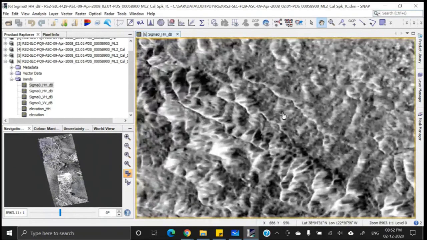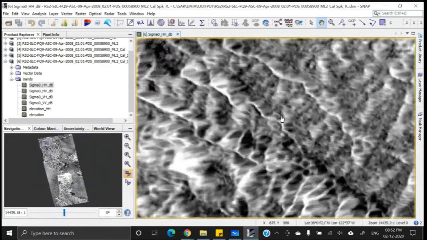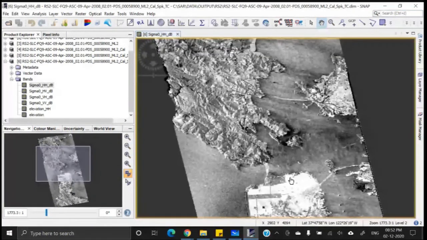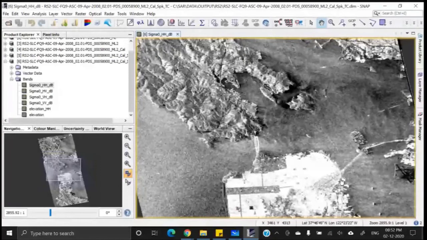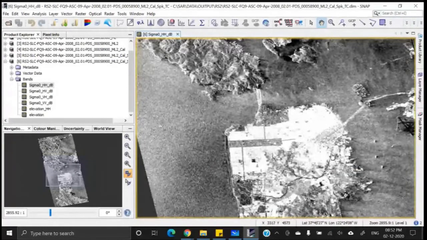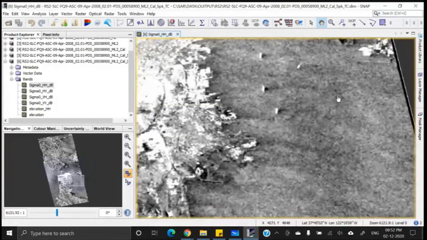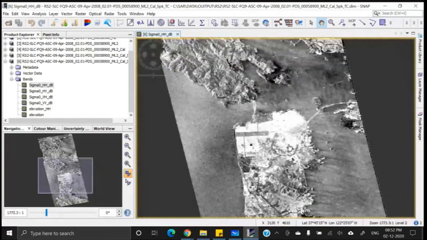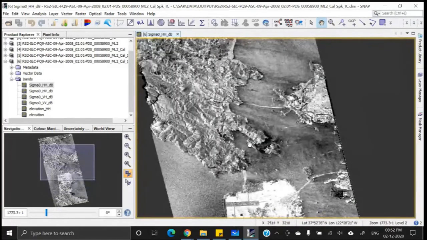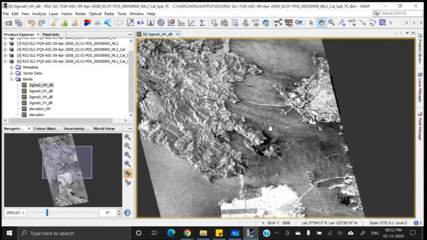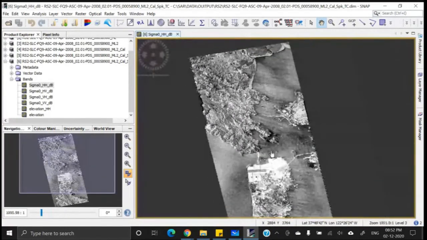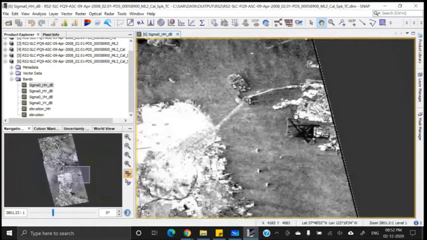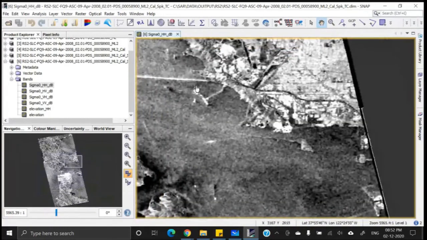We have chosen this data because in this data we have the urban infrastructure, the rural infrastructure, the metallic infrastructure, the sea, the flat terrain, the variable terrain, and we also have ships in the sea, and we also have the oil spill. I will show you later. So all these things are there. Now you can interpret the image visually and try to identify the objects. And here, as I told you, we have a dock area.